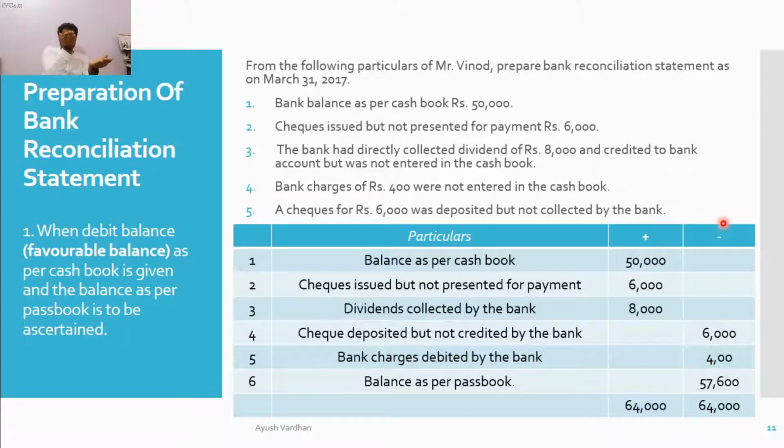So we will do the negative entry of 6,000. That is in the BRC, we made a 6,000 rupees entry in the negative side here. Okay. In the same way, again, passbook, cash book at the equal level. And what happens here is bank charges directly 400 rupees from your